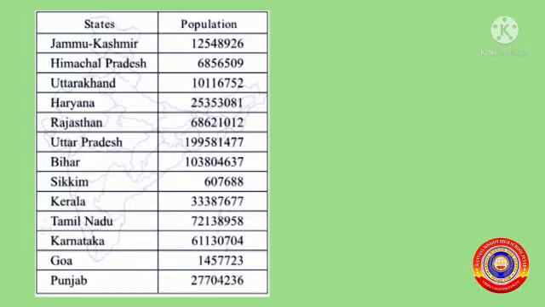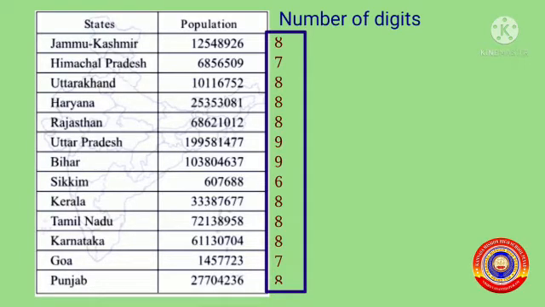For doing this, it will be easy if we write the number of digits corresponding to the population of each state. The state with the largest population has the largest number of digits. The populations of UP and Bihar are 9-digit numbers. Now look at the first two digits from the left, that is the numbers in the 10 crores place and the crores place. It is 19 and 10. Then UP comes first, the state having the largest population of 19 crore 95 lakh